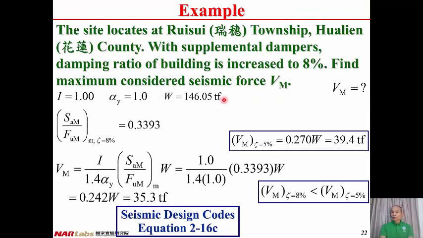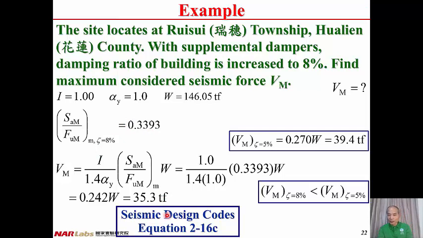And then back to the example, the question is to find the maximum considered seismic force Vm. What's the value of Vm? So far we have I, the importance factor, equal to 1.00, alpha y, the first yielding amplification factor, equal to 1.0, W, the total weight of the structure, equal to 146.05 ton. And from the previous line, we have the modification of the ratio between SAM and FUM for damping ratio equal to 8% equal to